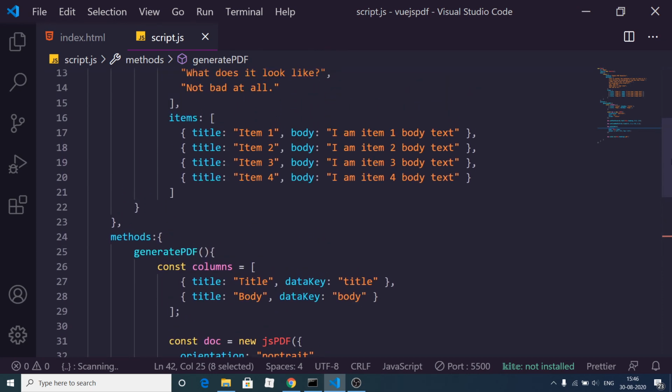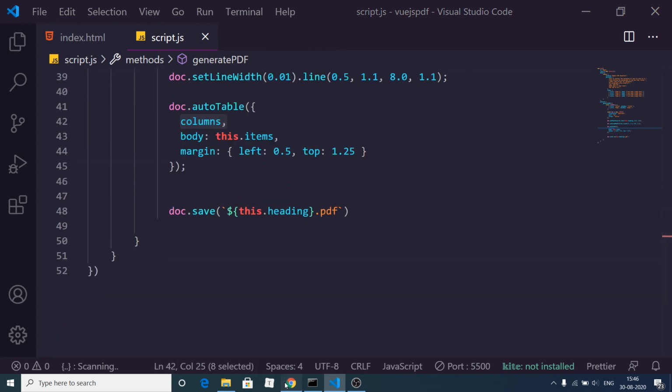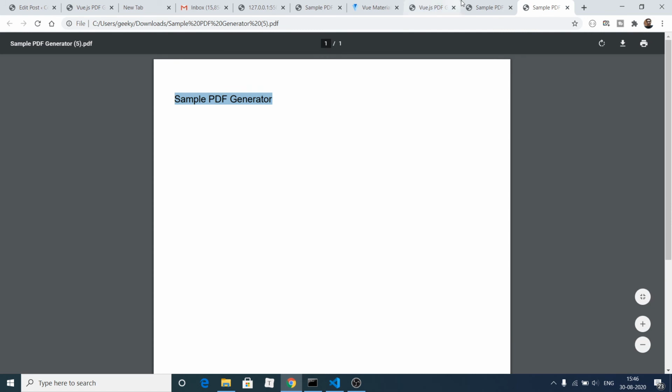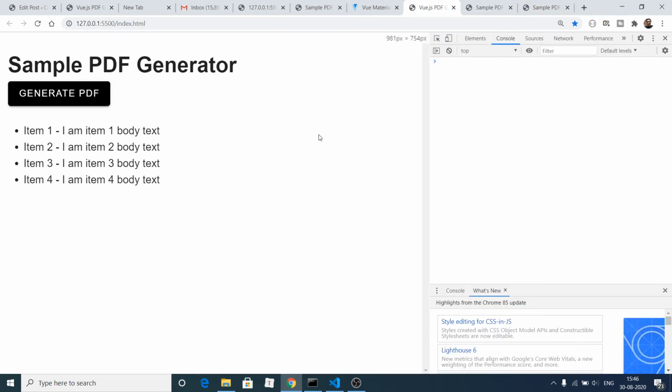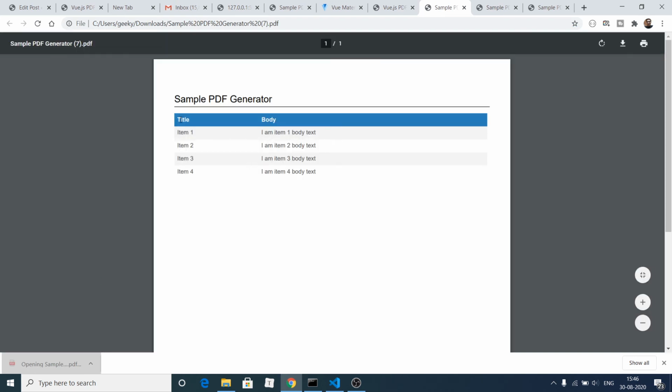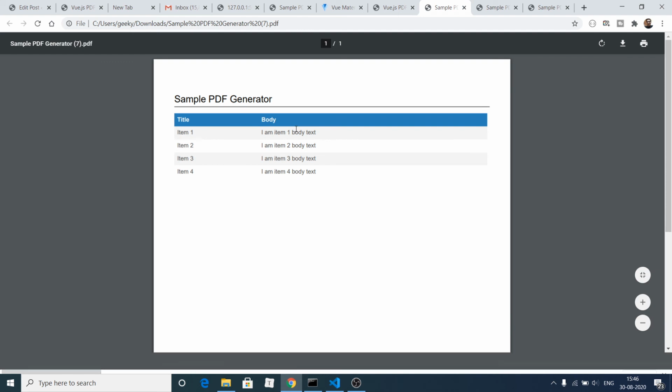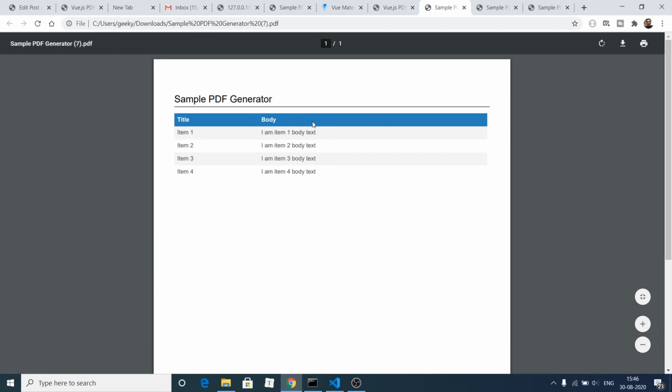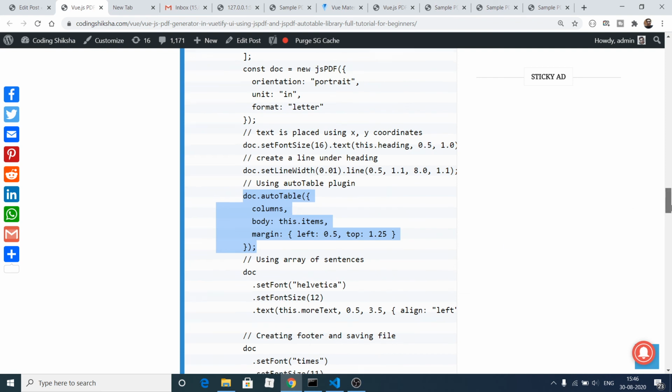So 4 items, sorry. If I just now refresh this and show to you, if I click generate PDF, you will see, if I open this, we will have these 4 items which will be there, title and body. You can also customize these colors. If you go to the JS PDF auto table documentation, you can even customize the colors as well.